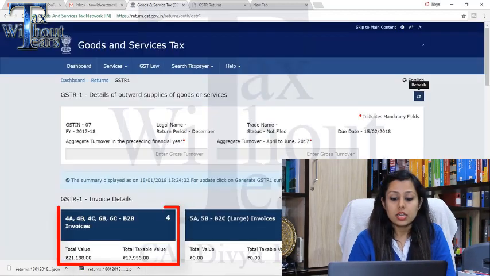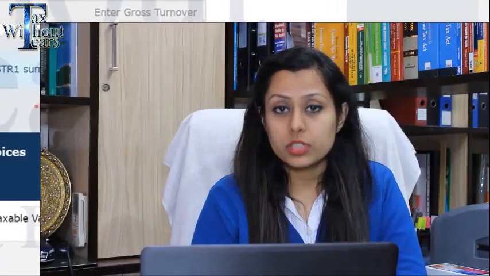And as you can see, once I have uploaded it on the portal, it is now showing only 4 invoices. So if you want to upload a cleanup file, that is, delete all the previous data and then upload the fresh JSON, then it will be showing you 0. Otherwise, the details which you have kept in will be displayed because the earlier file will be overwritten. So this is how the entire process works, and you can change the details on the GST portal before filing the GSTR1. But this entire process may take some time because the JSON might take around 20 to 30 minutes to reflect on the portal.